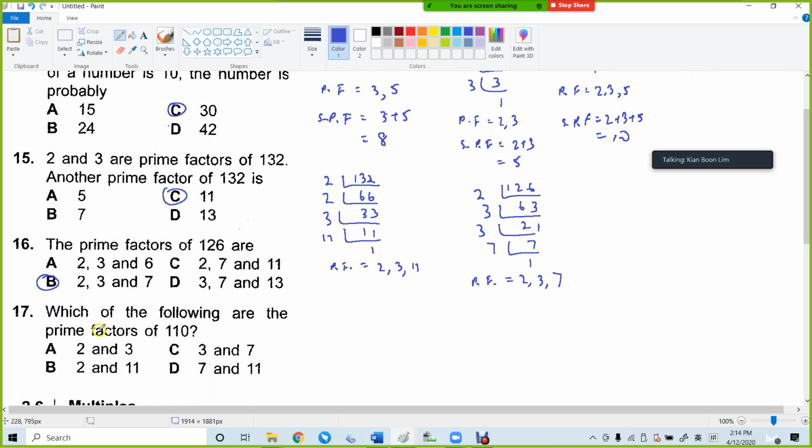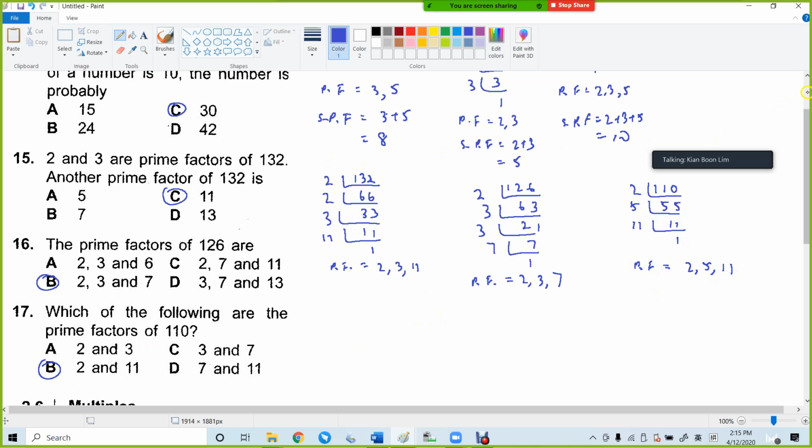Which of the following are the prime factors of 110? So I divide by 2, 55. I divide by 5, 11. Divide by 11, then I get 1. So the prime factors of this number are 2, 5, and 11. So 2 and 11. Okay, so